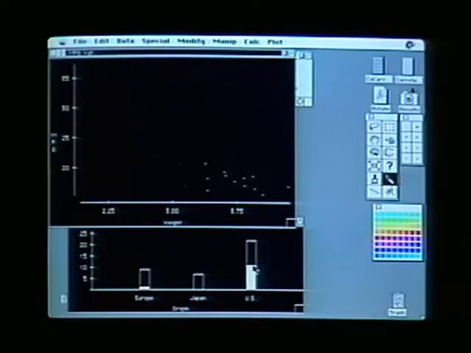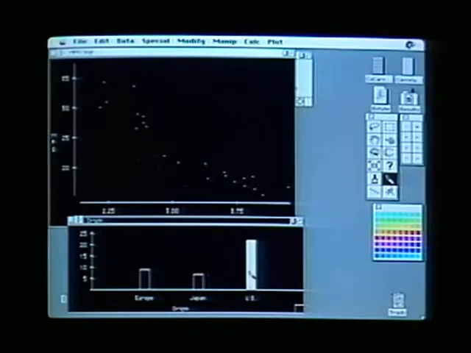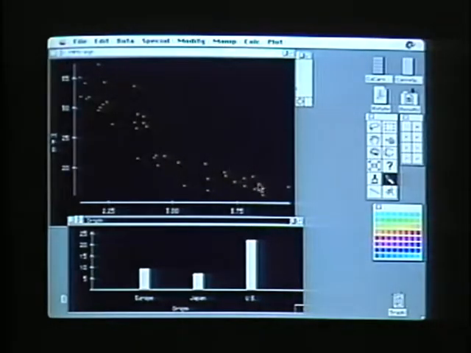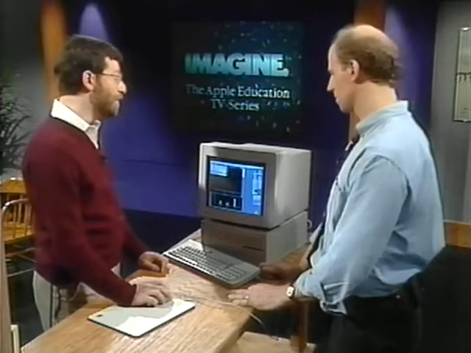That, however, raises some interesting questions as to why that might be the case. We could, for example, click on the U.S. bar and notice where the U.S. cars are in the plot. Let's give them a different color and a different symbol. And now you can see a very interesting pattern in this plot. Not just at the high end where the cars are very heavy and get low gas mileage, but all the way along this plot, the U.S. cars seem to lie along the top of the plot. So even in mid-range, U.S. cars get better gas mileage for their weight than other cars of that weight made elsewhere. Which is not at all what we've come to expect.